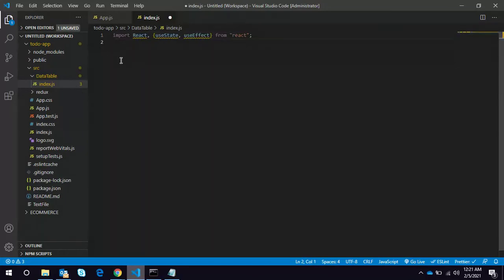And we need Axios to work with that JSON Placeholder fake API.